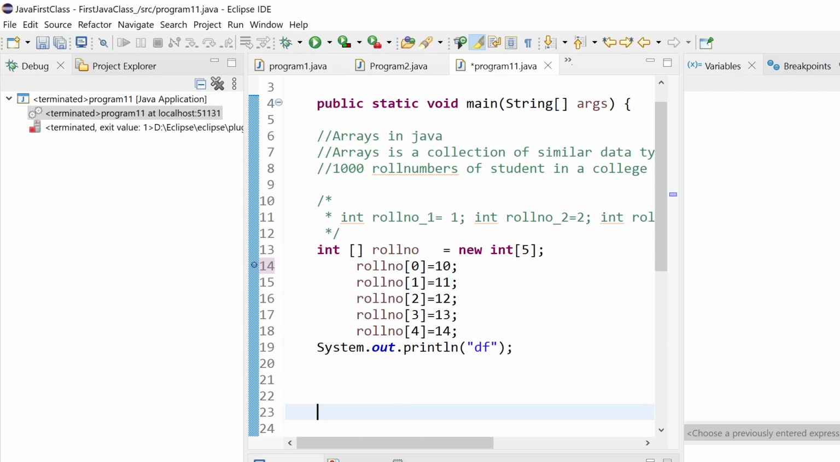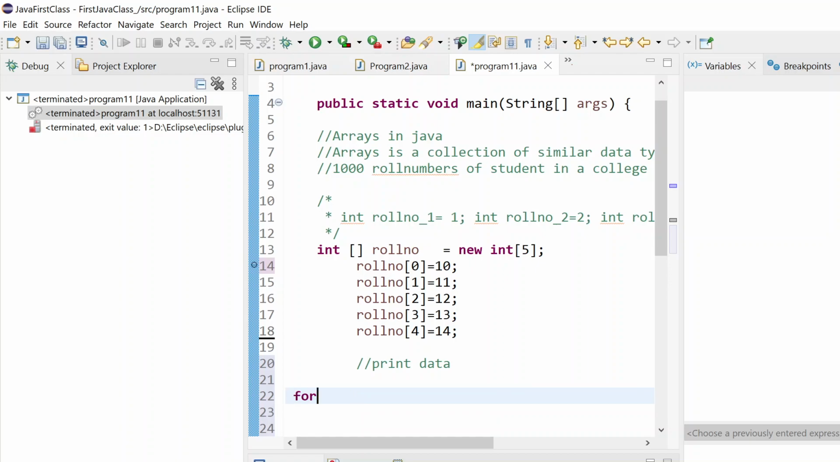Now I want to print the data. After that, I need to print all the data which is stored in the array. So I will now print the data. To print the data from the array, I will use a for loop. So just write one for loop. And one more thing, like if I debug this program again,